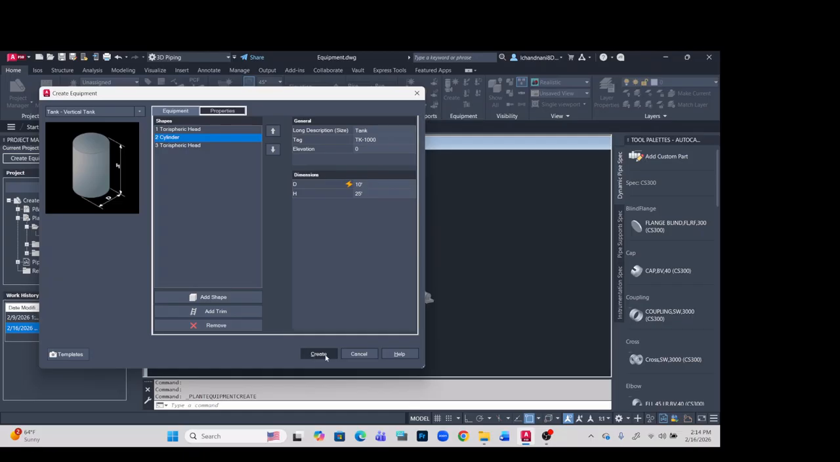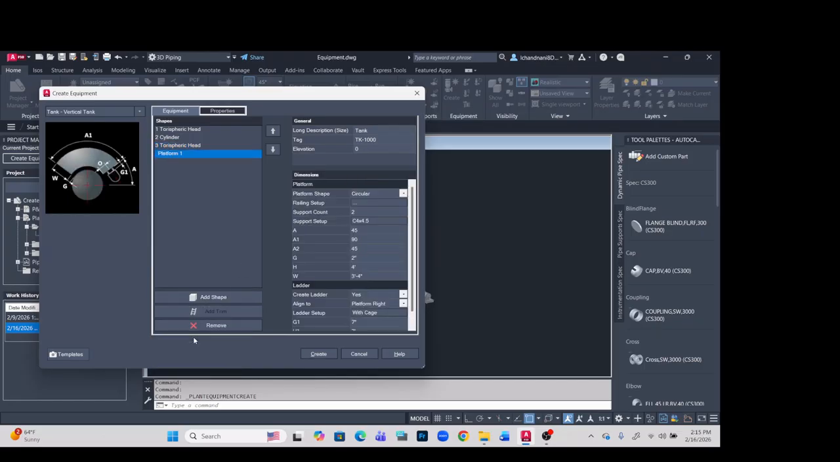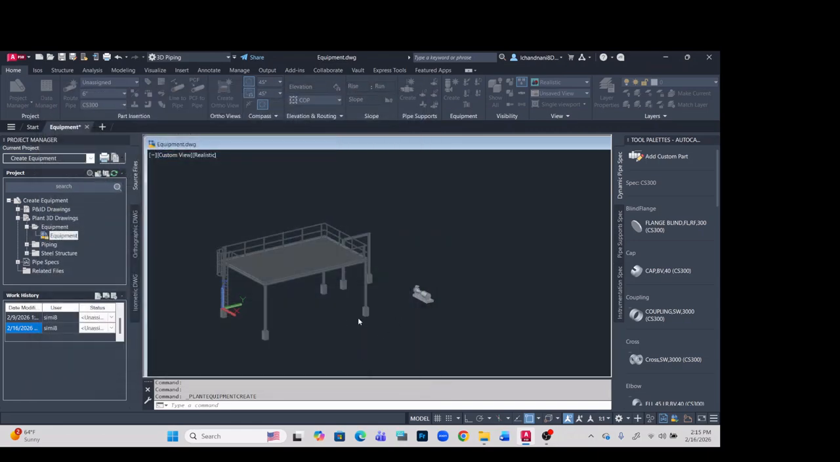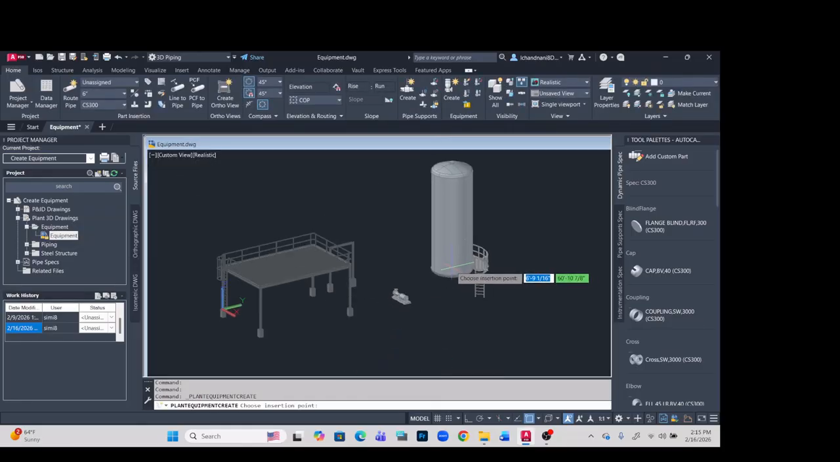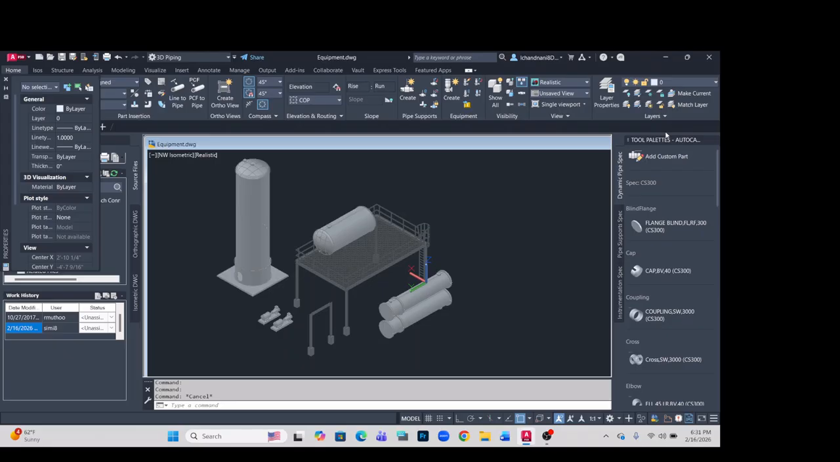Then let's go ahead with this, and you could add a shape, you could add a trim, you could add a platform to it, and let's just create that. And you can see that. So now I've placed a bunch of equipment. So I've got this vessel here, I've got some heat exchangers, I've got some centrifugal pumps here,